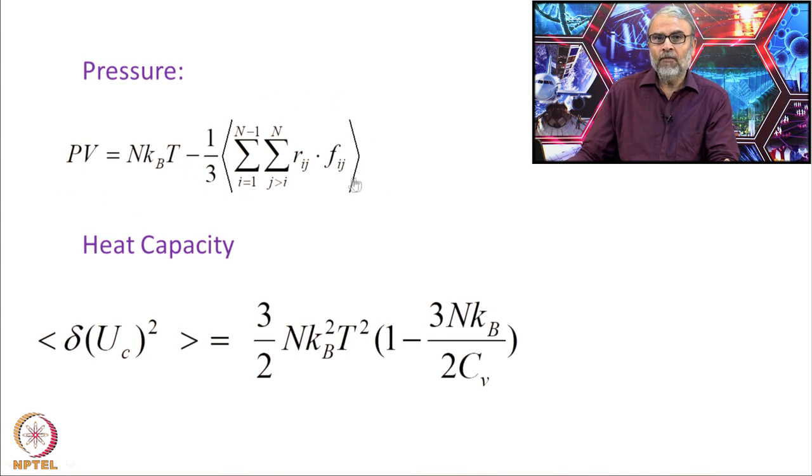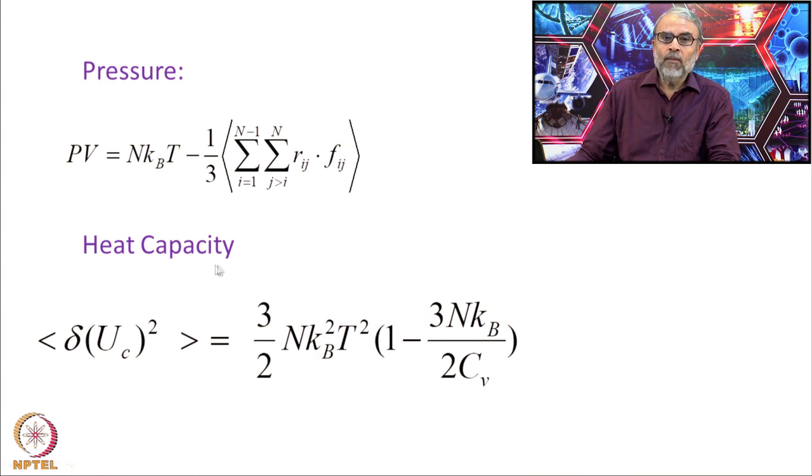So, this is an equation for pressure, and since in each step we are calculating rij between particles and Fij between particles, this dot product can be calculated at every step, and you get the average of this quantity. So, at the end of the simulation I get pressure in terms of this quantity. Evaluating thermodynamic pressure is very easy in an MD simulation.